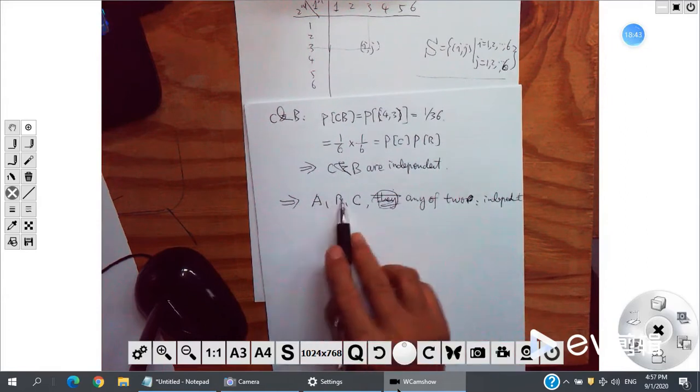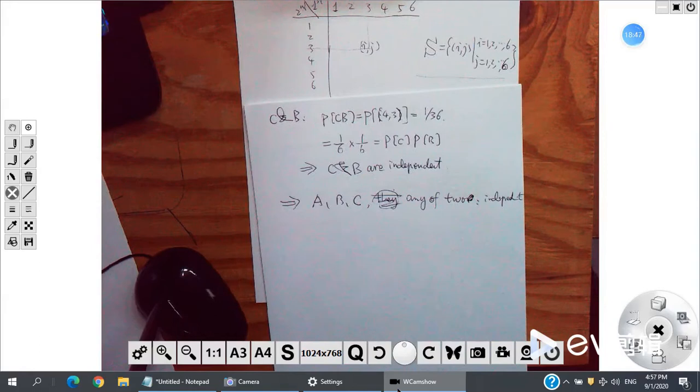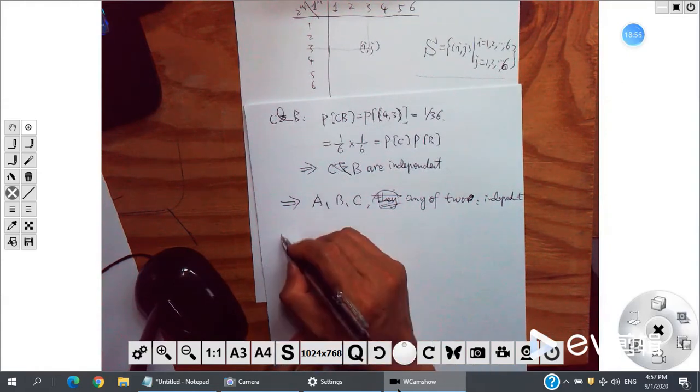A, B independent. B, C independent. A, C also independent. Can you see all of them, they are independent? Well, we consider this. But now,